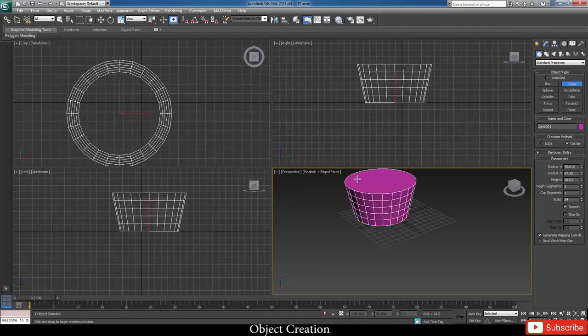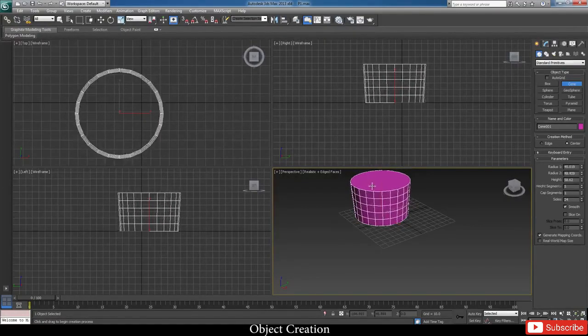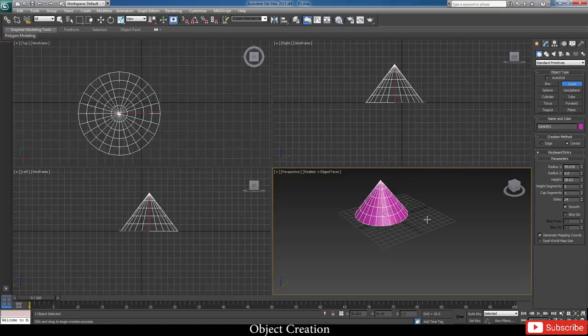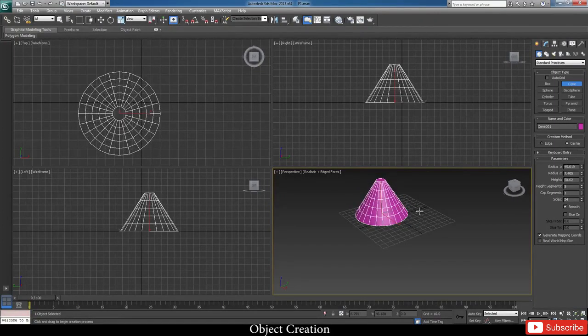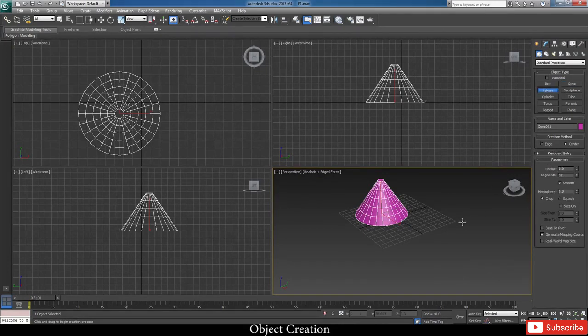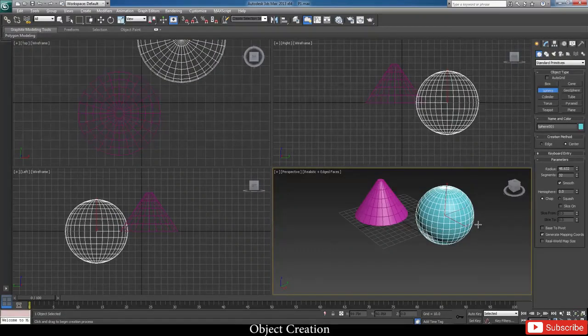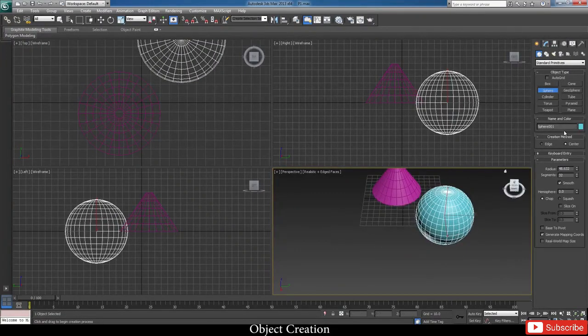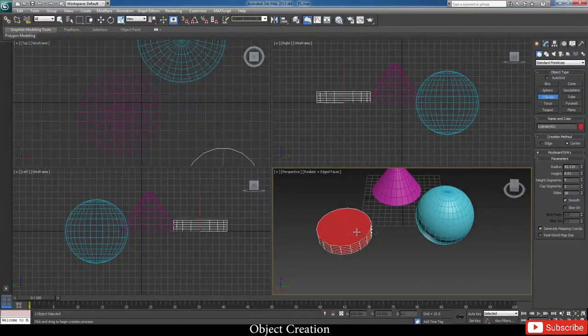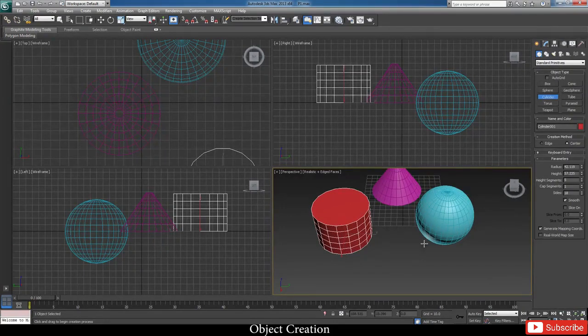Now, there are a variety of shapes like this. You can make a water tank, or you can go back and make a cone, and then an ice cream cone or anything that's like a hat. So you can decide on whatever shape based on your project. So click again at the end wherever you want it and your cone is ready. Similarly, you go to sphere, click, drag, and the sphere is formed automatically. You don't have to do much here. For cylinder, again, you've got to select your base first, then the height, and then it's done.